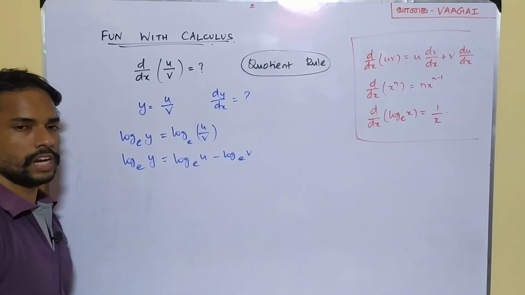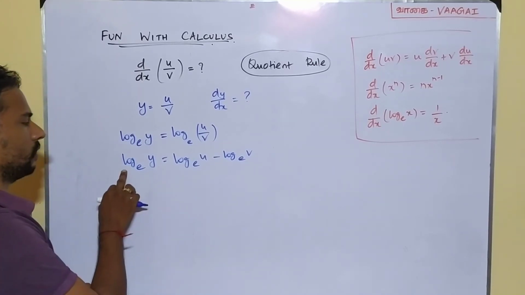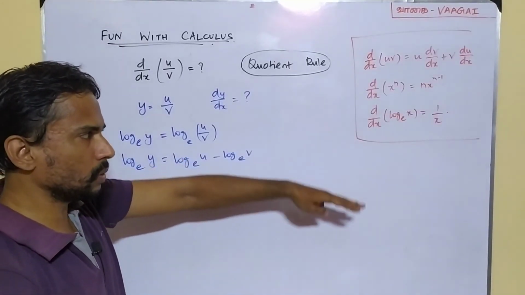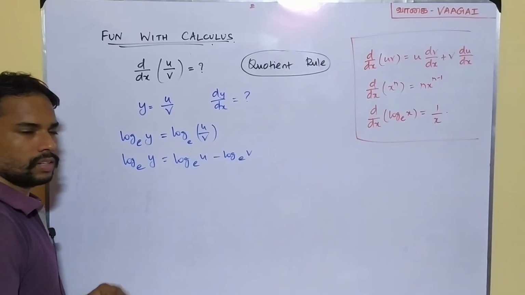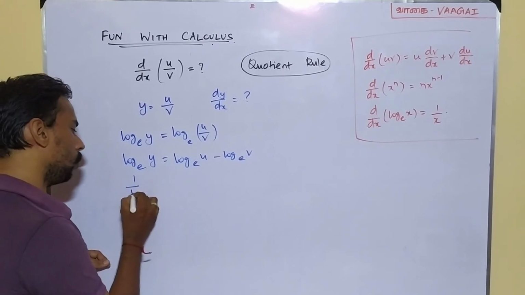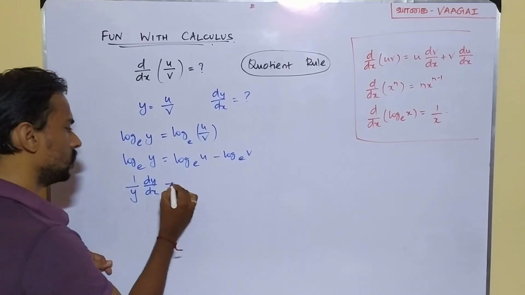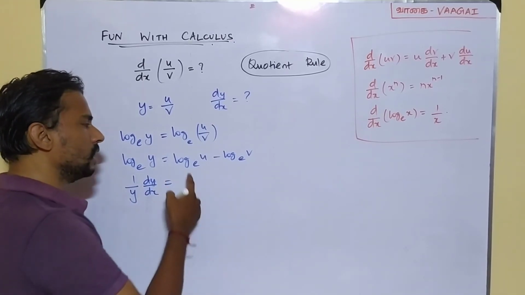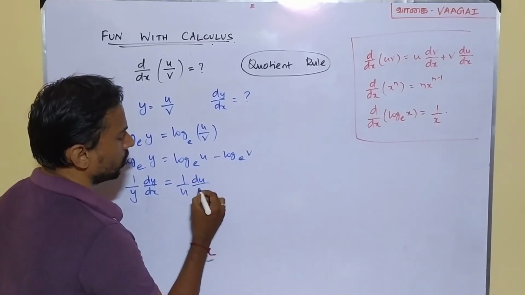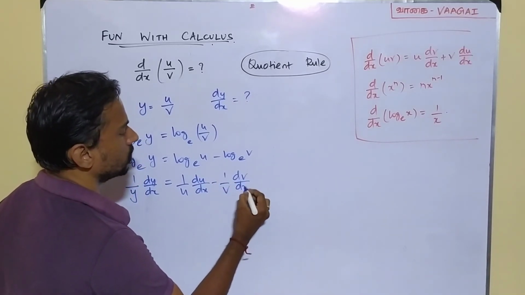Now I can differentiate on both the sides. Yes. So on the left hand side, when you differentiate, you will be having log of y to the base e. What is the derivative of the log function? It's simply the reciprocal of your function. So all I will have here is d by dx of log y to the base e will be equal to 1 by y, and again I have to differentiate y, so dy by dx. Coming to the right hand side, the same thing happens, but here we have u, so 1 by u du by dx, and here if you differentiate, we'll have 1 by v dv by dx. That's it, right?